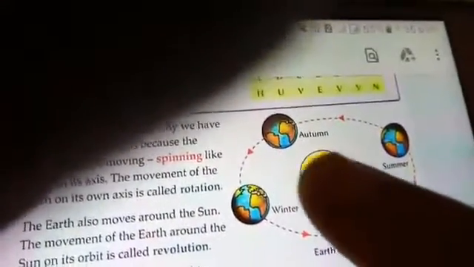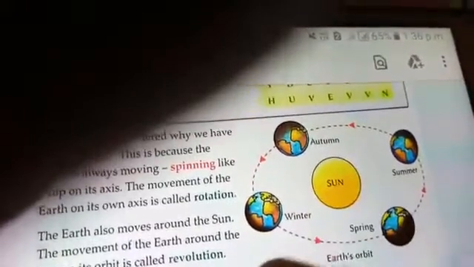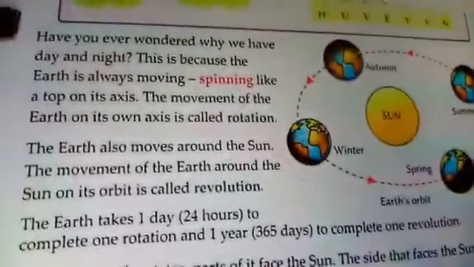You can see in this picture the movement of the earth. Here, the sun is at the center, whereas the earth is moving on its axis, and along with that it is also moving around the sun. This movement is called revolution. The earth takes one day, that is 24 hours, to complete one rotation, and